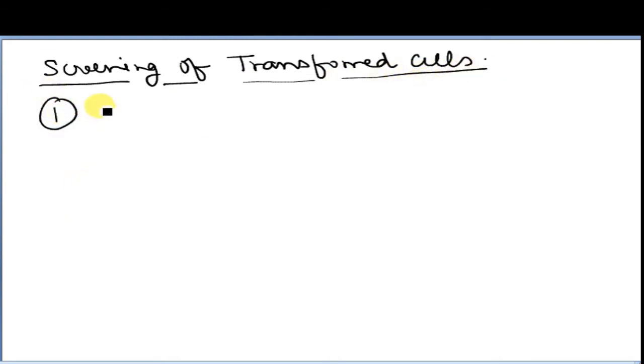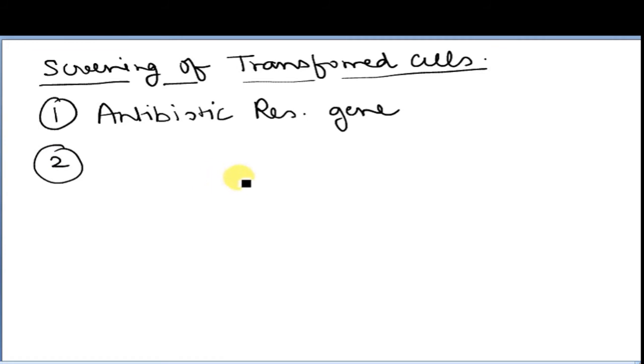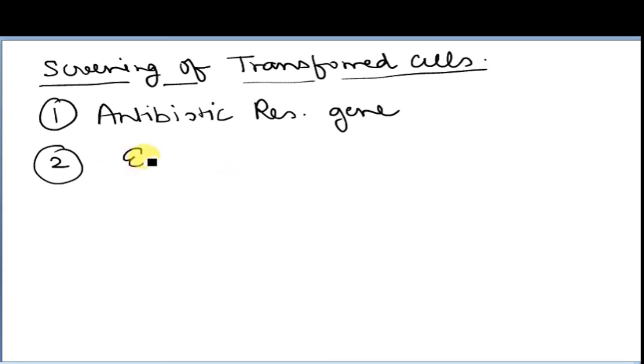First one is antibiotic resistant gene, and second one would be the blue white screening method, or enzyme mediated. So first of all, let us understand the first one,